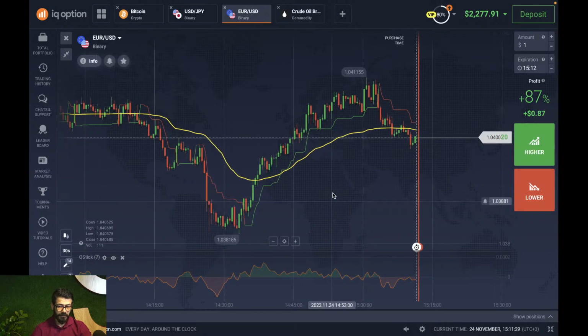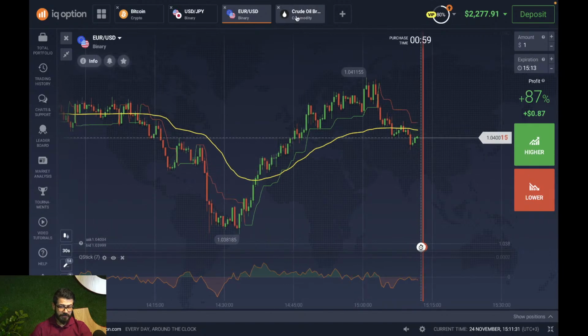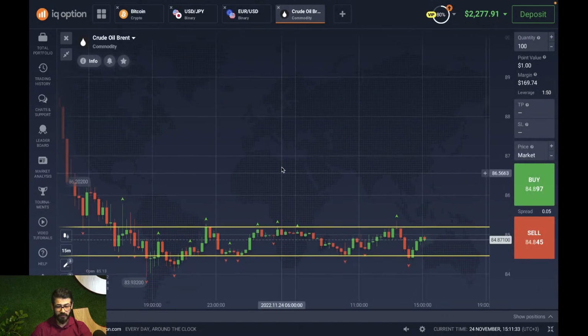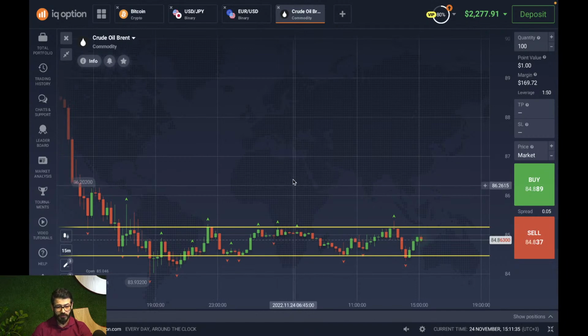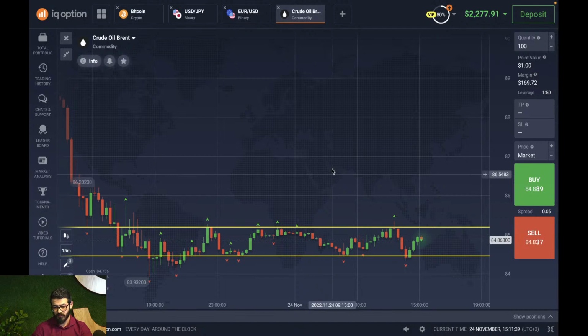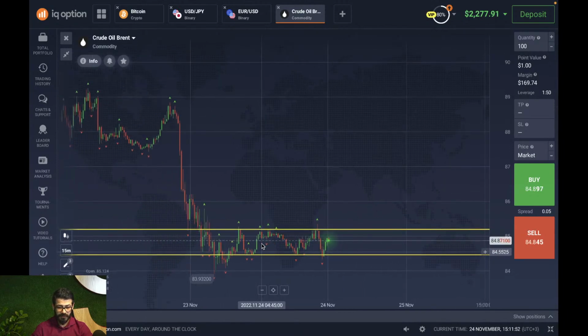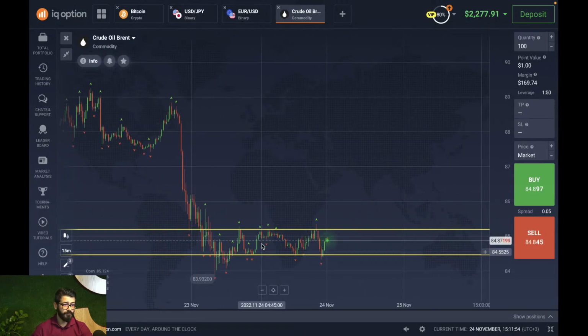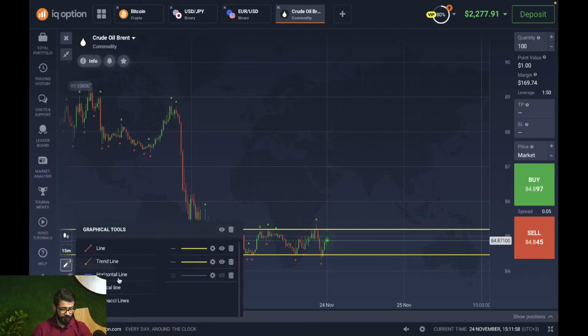Okay? And lastly, here we've got another example of how to trade a ranging market. This is the crude oil Brent. It's on the 15-minute, and as you can see, it's clearly stuck between a resistance and support. And we're waiting for a potential breakout so we can trade it. Another way we can use this, instead of using a support and resistance line, we can use what is called